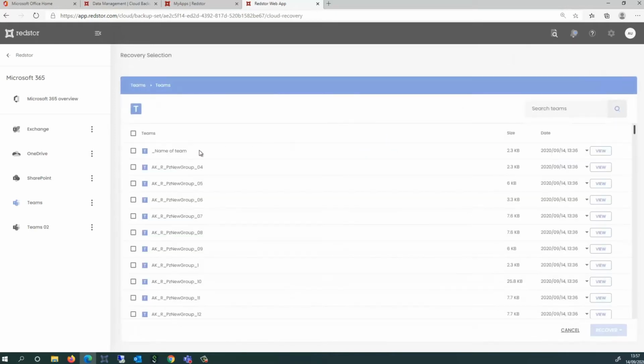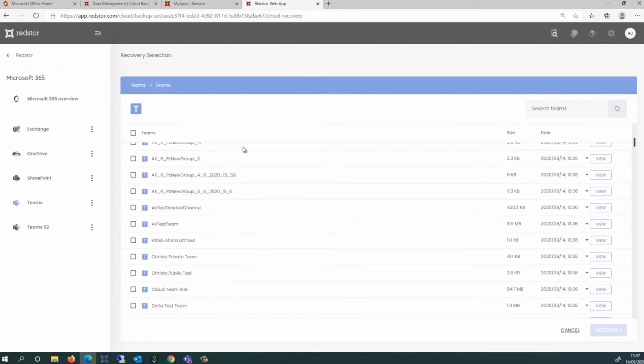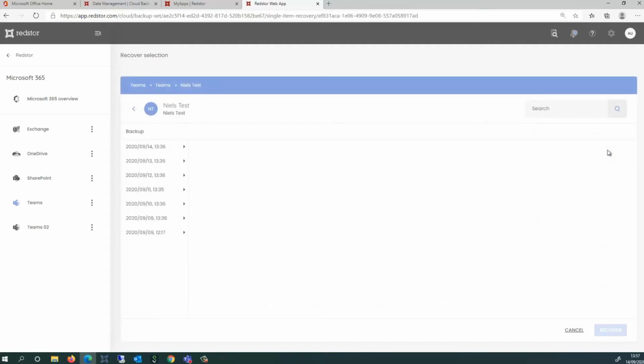And now you can see all of the Teams sites and channels that I've currently backed up. So I'm going to focus in on one of them. And this one here, I've got some test data, so I could either do a full recovery from here, or in this case I want to actually browse into the individual Teams channels. So I'm going to select a date,